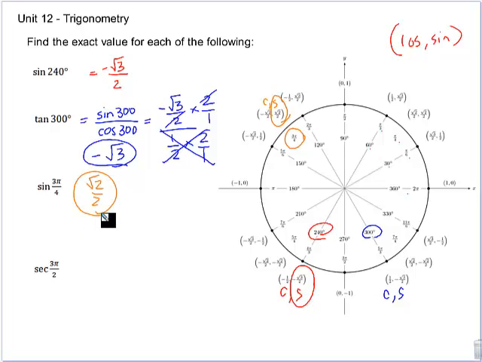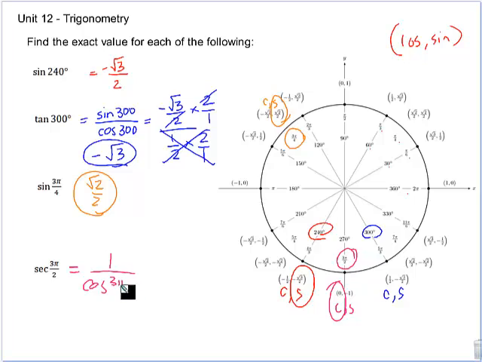And secant of 3 pi over 2, so you have to find 3 pi over 2. So taking a look at your circle, here's 3 pi over 2. Secant, well, secant is the reciprocal of cosine. Cosine is 0. So secant is the same as 1